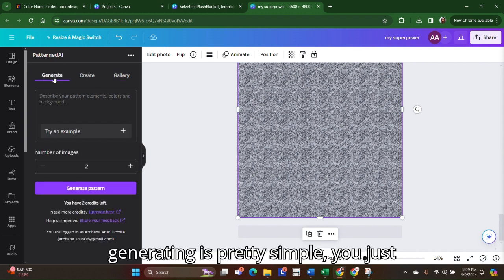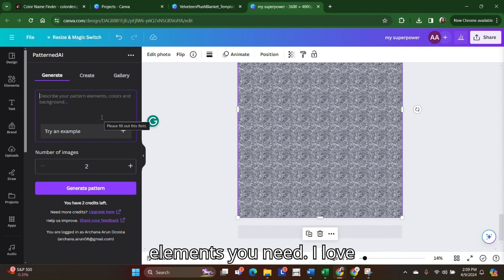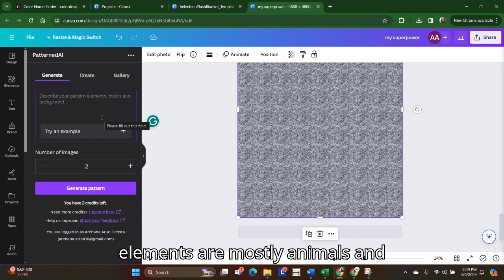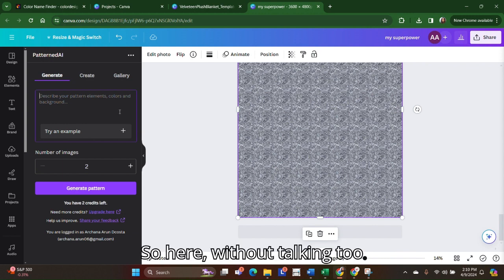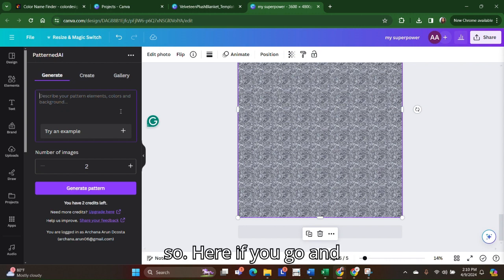Now, generating is pretty simple. You just describe what pattern or elements you need. I love animal prints a lot, and I work on animals in terms of my design. My design elements are mostly animals and graphic. So here, without talking too much, where I think I'm very bad at it, if you go and type in, say, yellow flamingos